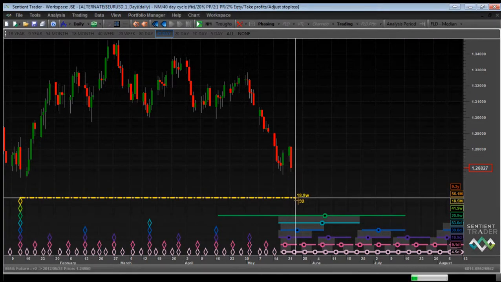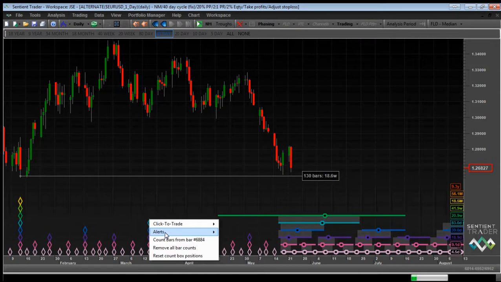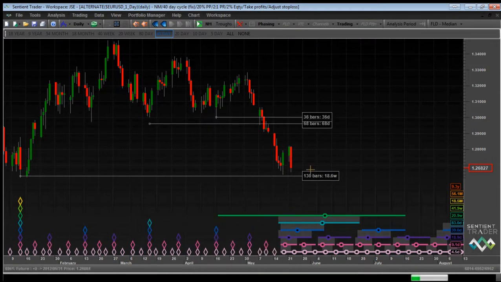There's the outlook for the Euro US dollar. The Euro US dollar, I believe, is forming a 20-week cycle soon. It's expected very soon. This week, possibly next week. What's the latest that the 20-week cycle could be expected? Well, it all depends. Let's count some bars.